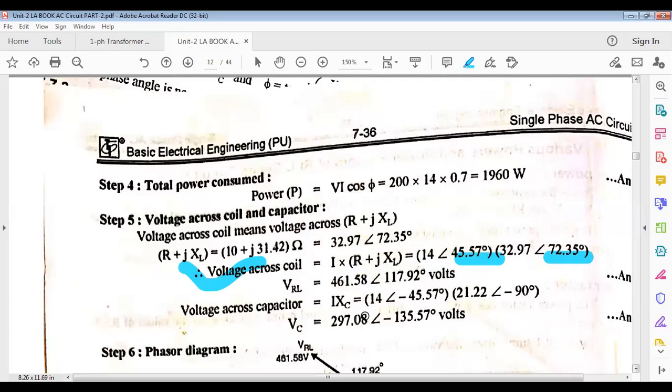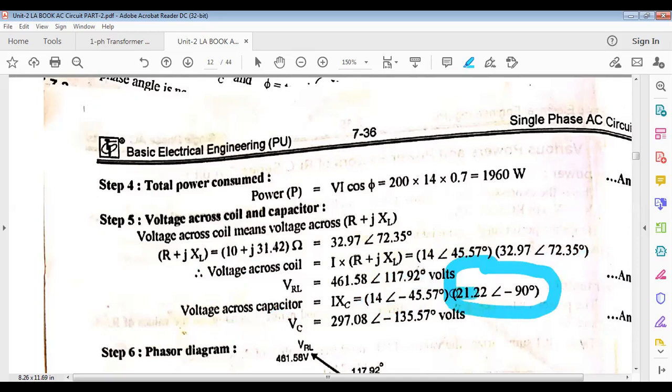Okay, then voltage across capacitor. Now current in polar form, all of you know. And XC magnitude you know, and what will be its polar form? We have seen XC always comes along the negative imaginary axis. That is minus JXC, nothing but 0 minus JXC. So minus JXC means what? Magnitude at an angle of minus 90 degree. You convert it in polar form. You will get XC at an angle of minus 90 degree.